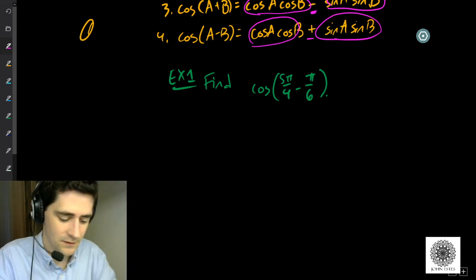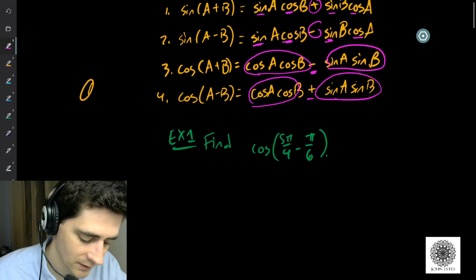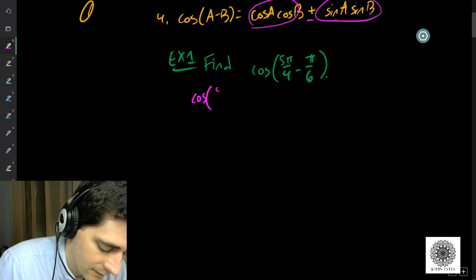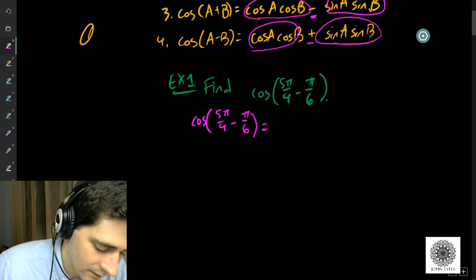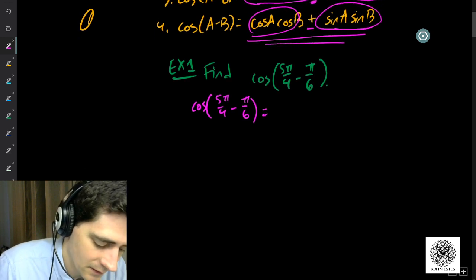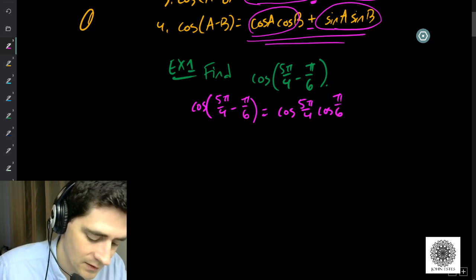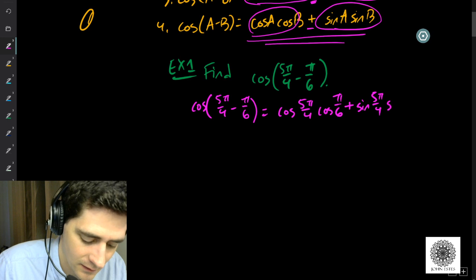Which one should we use? It's a subtraction with cosine, so I'm using what I listed as number 4 on my list here. Okay, so I'm going to have cosine of 5 pi over 4 minus pi over 6 is, according to my identity here, cosine of 5 pi over 4, cosine of pi over 6, right? That's cosine A, cosine B, plus sine A, so that's sine 5 pi over 4, sine B, sine of pi